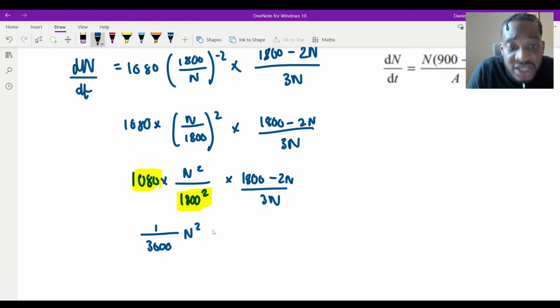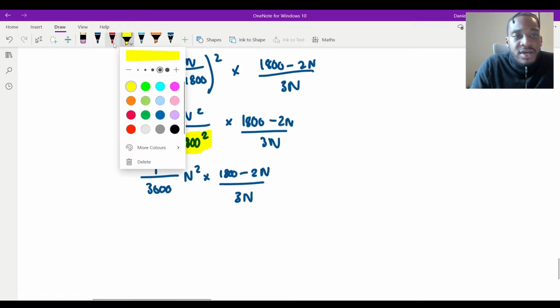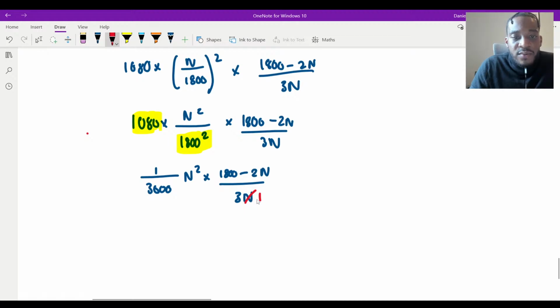And then I've also got these here. To be fair, though, I can actually cancel an n here, no? Let me do it again, just so it's clear. So I got it there, and then what I can cancel is 1 n there. I can cancel that n, that will be 1, and then I can cancel one of them there.